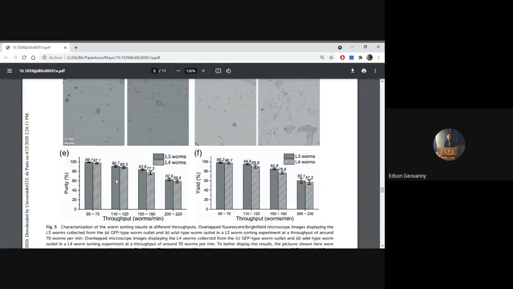In figures 5E and F, purity and yield are shown separately. In L3 worms, purity and yield decrease with increasing throughput, remaining above 90% of yield with 100 worms per minute, and